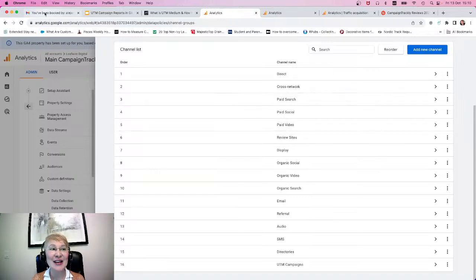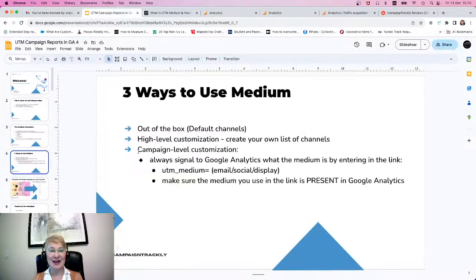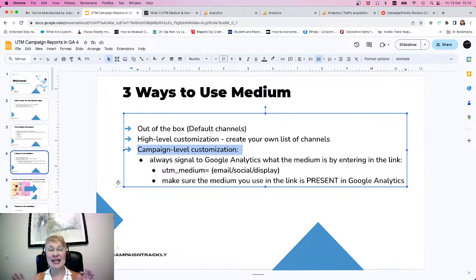And then there is the third level customization. This is like the campaign level customization. And this is relevant for all your custom marketing campaigns, whether you are promoting on LinkedIn or Facebook or doing display, etc. You need to prompt Google so that Google knows what is the medium for each one of your campaigns. This means that in every single campaign link, you need to identify the medium by using this code